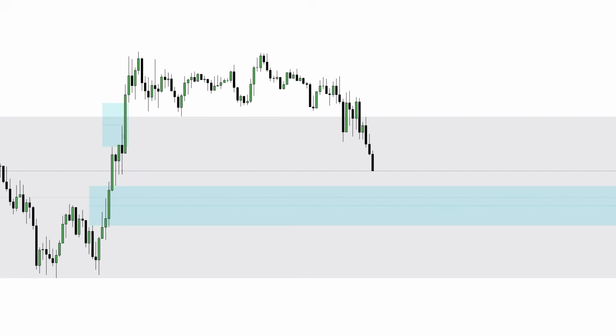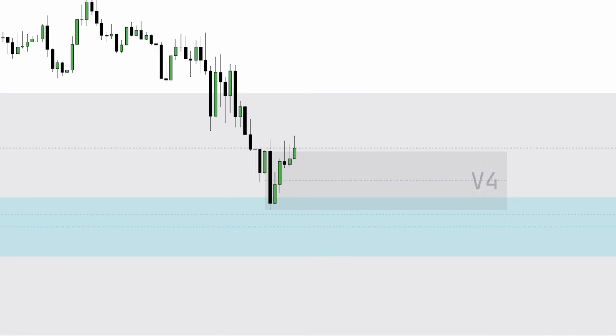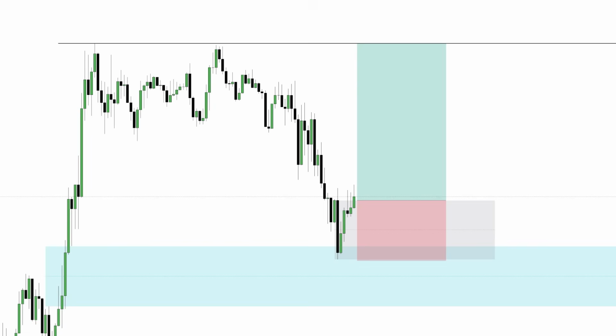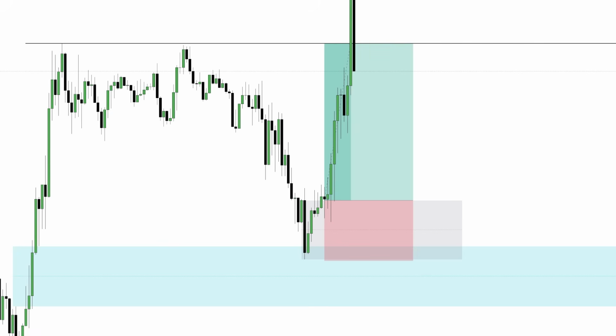We remember that the entry point is the same as volume confirmation, but in the form of an order block or fair value gap. In our case, this is the order block area from which we can freely enter a position. The last thing we need to identify is variable number 5. This will be the nearest trouble area, either a fractal high or a fair value gap. In our case, this is the 4-hour equal high. The position can be opened with a risk-reward ratio of around 2.6, which is quite convenient for us.